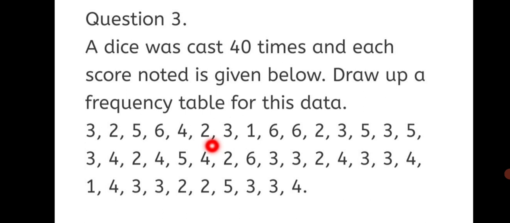Again 2 has come. So next to 2, a second standing line will come. 3 has come for the second time, so next to 3 in the table, a second standing line will appear. When you come to this 3, the third standing line will come. When you come to this 3, the fourth standing line. And when you come to this 3, you will get a sleeping line against those 4 lines.